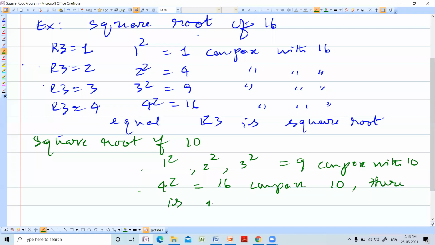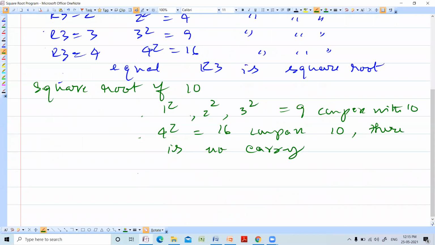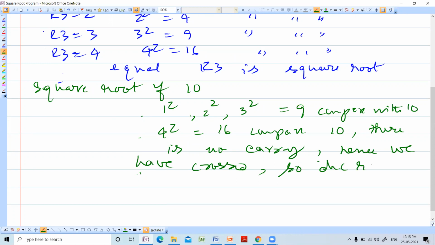Hence we have crossed. So decrement R3. So R3 becomes 3.